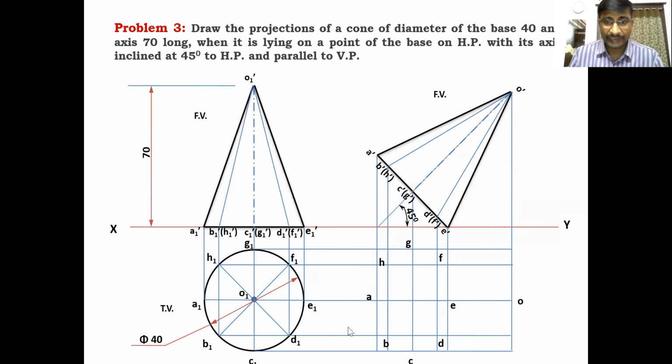Like this, you have to draw. First of all, after getting the top view points, you have to join the outer points. How to join the outer points? This G, H, A, B, C is the outer curve, and C, O and G, O are the outer lines. F point and D point are inner points. The F point is below the line GO, and the D point is above the CO line. These are the inner points, inner to the cone. Whenever the points are on the inner side of the solid, E is also an inner point. The inner points are invisible points.